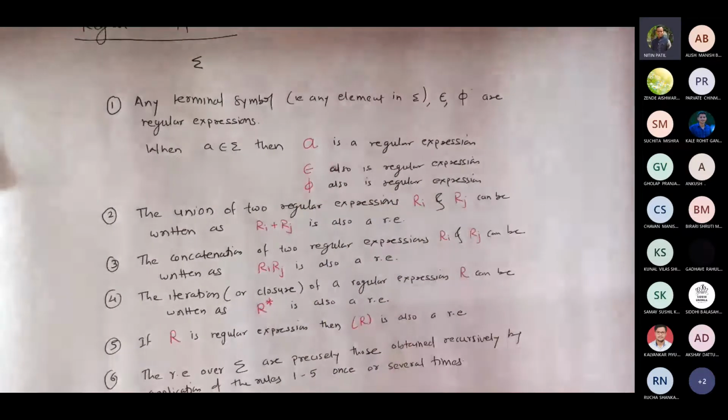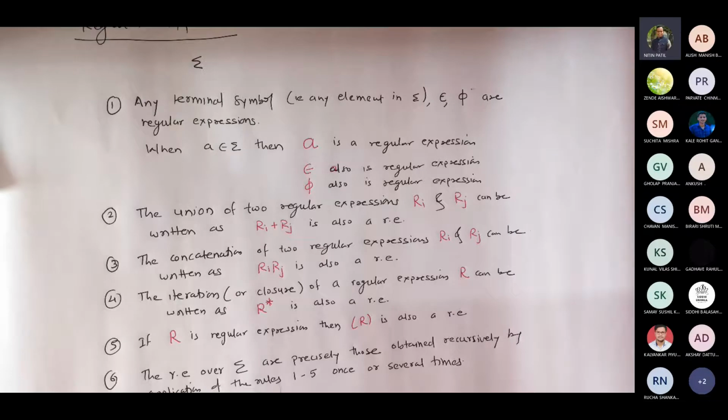Now it can happen that there is no string accepted by a finite automaton. The diagram is given, and all states are dead. If you recall, we talked about the dead state concept in one of the classes. If all states are dead states, there is no outgoing transition, or no incoming transition to a final state. So ultimately you reach a finite automaton which does not accept any string at all. What is the sigma given?